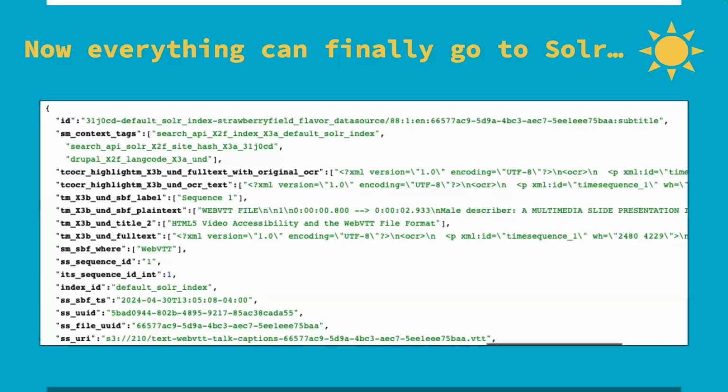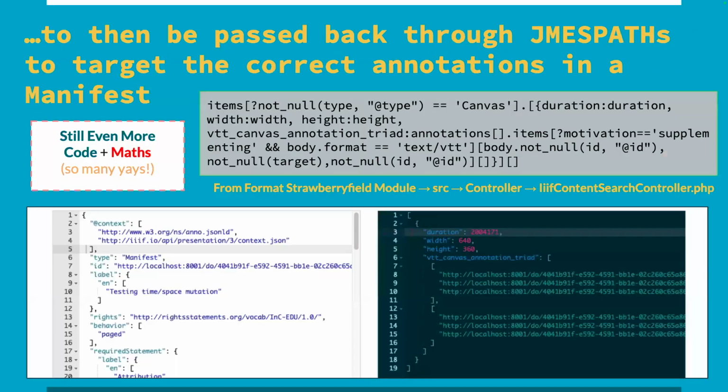Okay, now your data has been transformed and everything is indexed into Solr, and this is just a screenshot from our Solr. It's a little boring, but you can see that there are multiple copies and versions of this file and this data. And then after it's in Solr, when a user executes a query, the query is passed back through